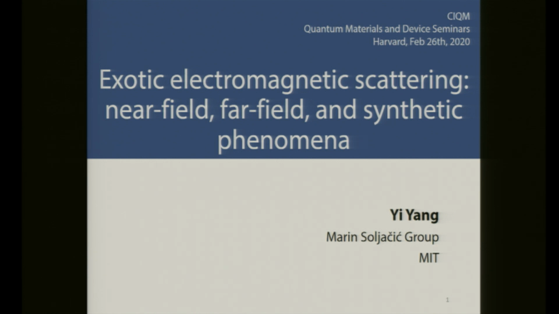Today we'll hear about something a bit different, but I think really quite exciting. We know about topological insulators and edge states and whatnot for electrons. But it turns out that if you worry about electromagnetic waves, you can do a lot of things which are analogous or similar in some way. And Solzhenitsyn's group at MIT has really gotten a lot of mileage out of this kind of approach. And so Yi Yang will be telling us about that today.